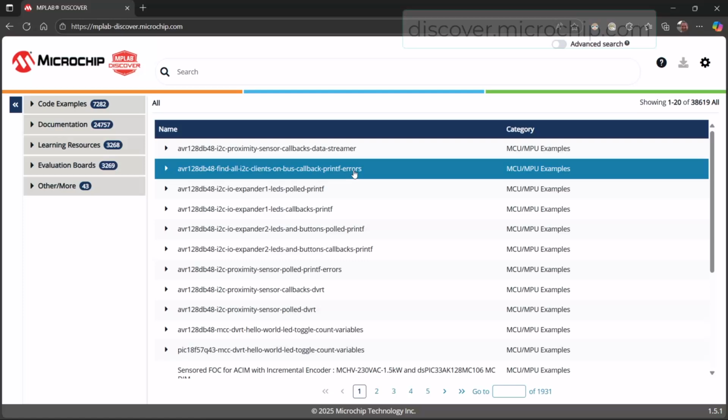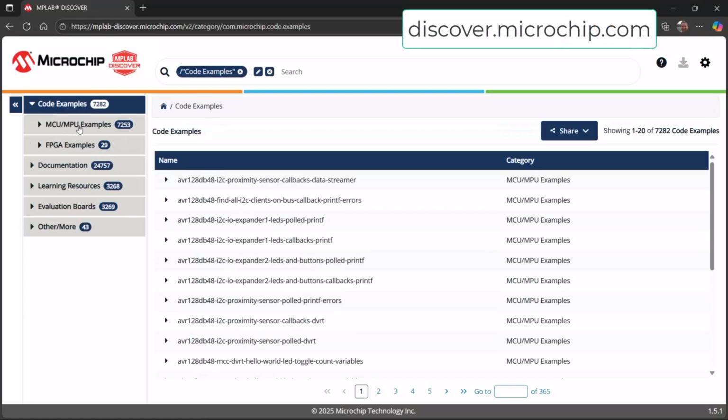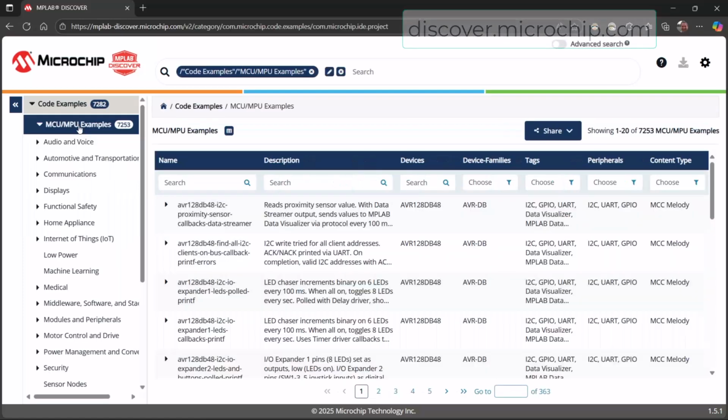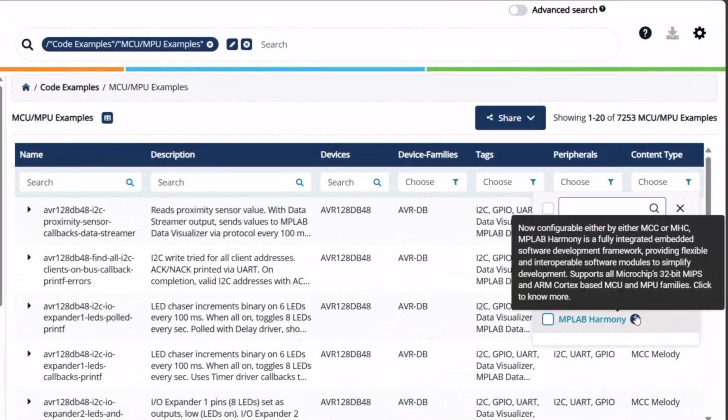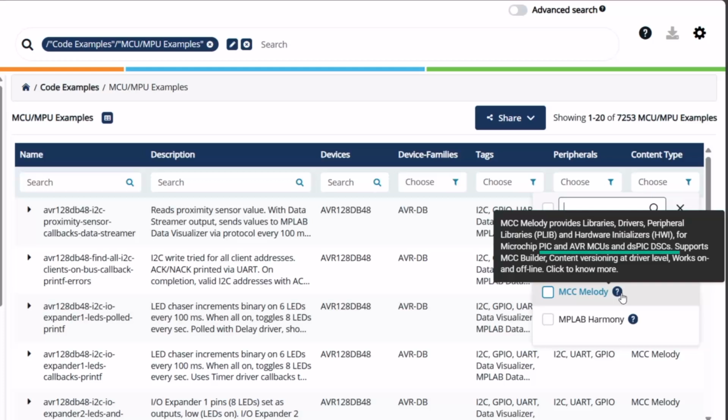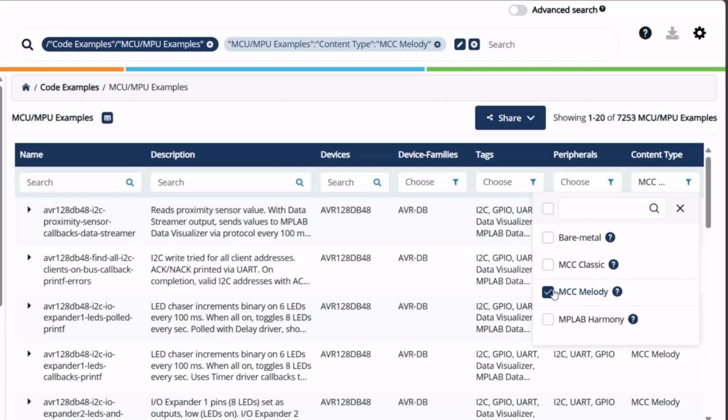Okay, so going to Discover, we can come into Code Examples, MCU, MPU Examples, and here we have the content type. So bare metal is no MCC at all. MCC Classic is a bit older, and then we have Harmony for ARM, PIC18-Q43, SAM devices, etc., and then MCC Melody for PIC and AVR and some dsPICs. Okay, so we're going to filter on MCC,